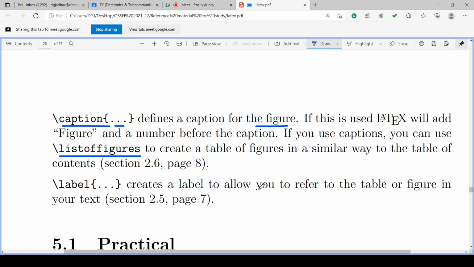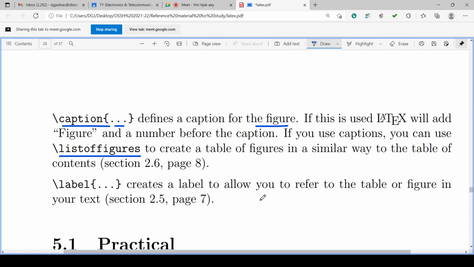So LaTeX is helpful, as the program will manage and generate many things automatically, and a lot of manual work is saved. The list of figures is generally placed on the contents page or after it.